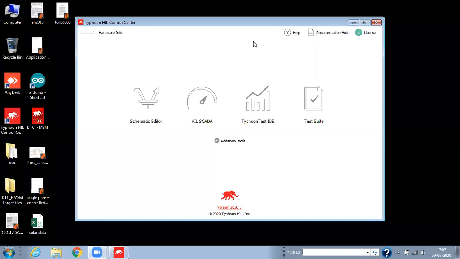So now we'll start the modeling. We'll open the schematic editor. Regarding the modeling, if you have any query, you can ask in between. You can unmute yourself and ask your queries.